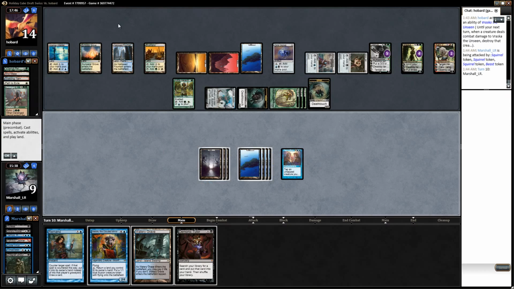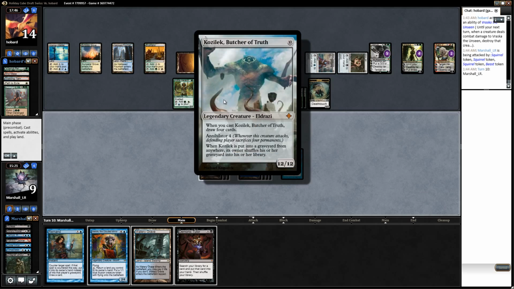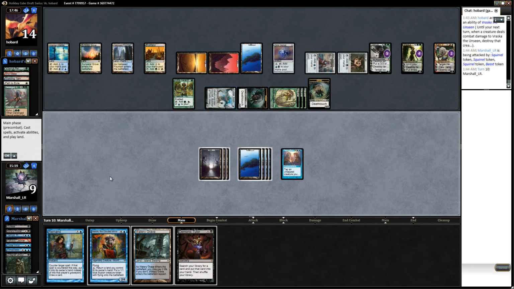Okay, well. Definitely got some options here. I don't think any of them are very good, though. Because Vraska, blowing up our Opposition at some point kind of turns that down. Stealing Kozilek is interesting because it does force him to do something, but there's many somethings that he can do. But I think I Demonic Tutor for...